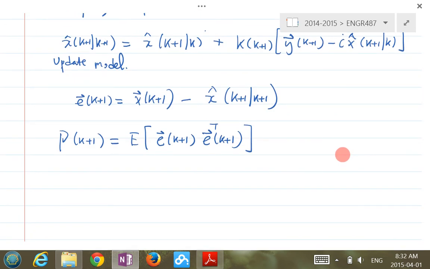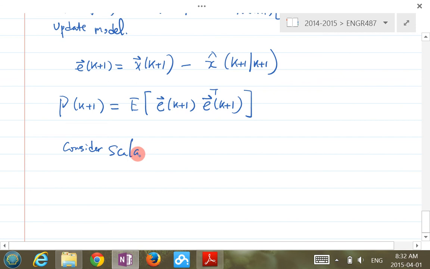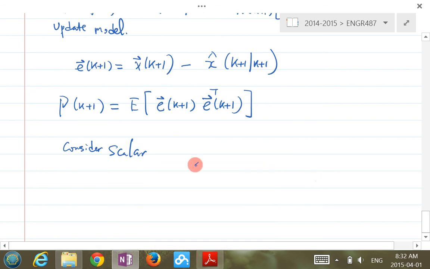So let me give you a very simple analogy here. Let's consider a scalar case. If you have a scalar case, it's just one state variable, and you find your error. This error has a standard deviation sigma E, which is, let's say, 0.3. So this is the standard deviation of this guy here. And now